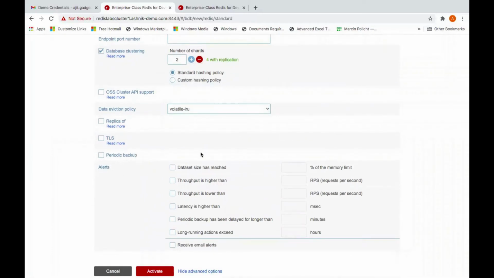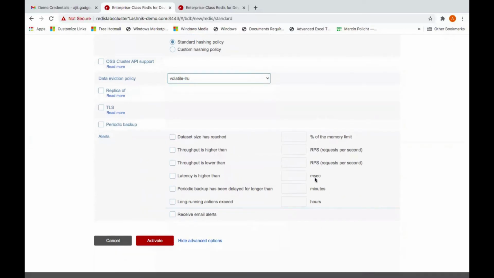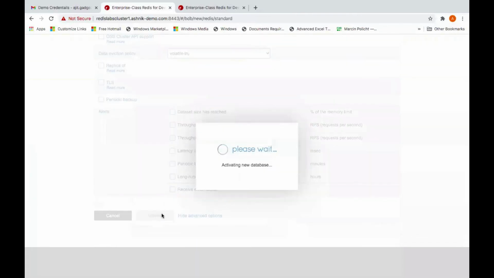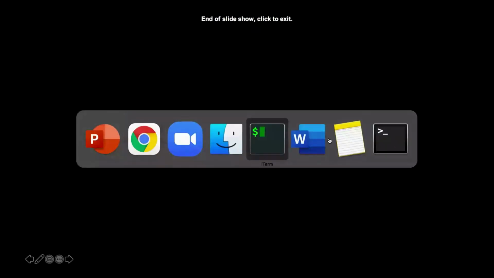You can choose that. And these are some of the basic alerts which Redis Enterprise provides, like when the dataset has reached the maximum percentage or higher than that, it can send you an email, right? So this is one of the options. I'm just activating that. Yeah, while this database is being created in the GUI, I just want to show it on my